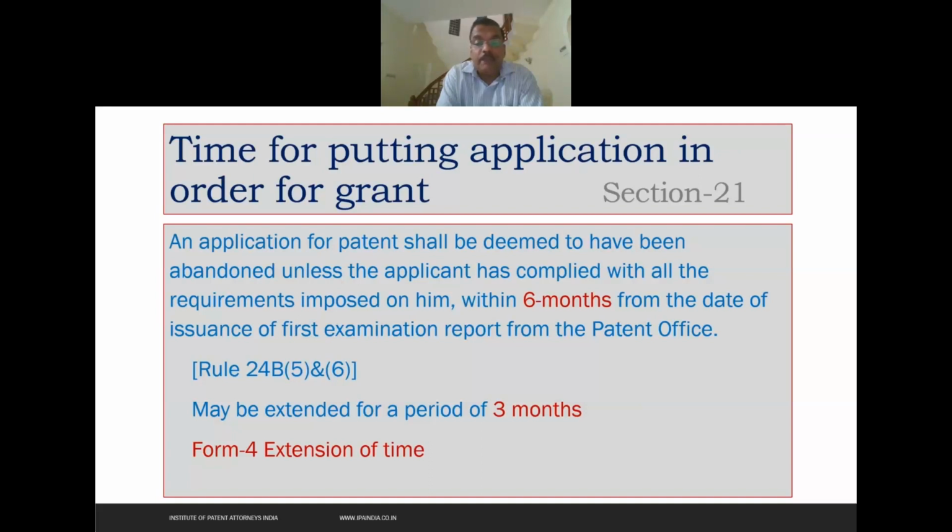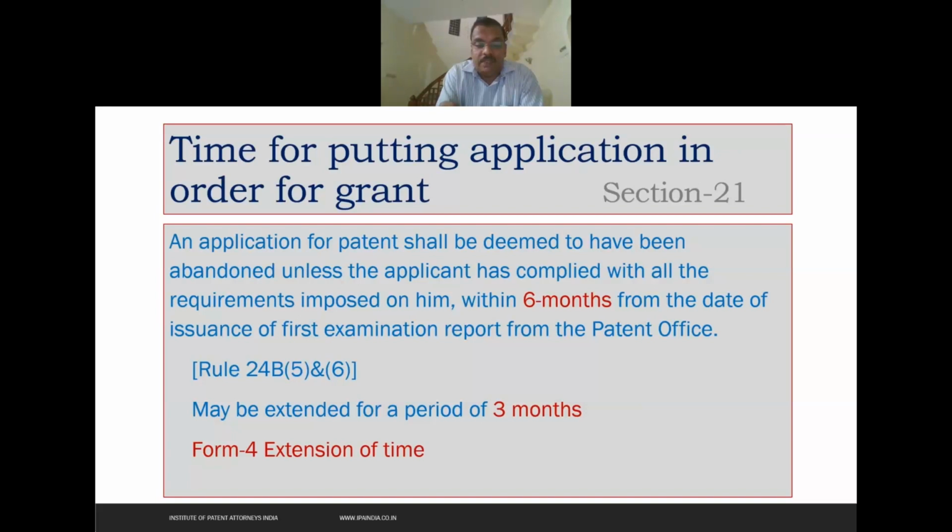Otherwise, your application shall be deemed to have been abandoned. In India,